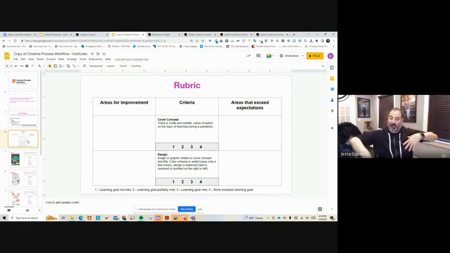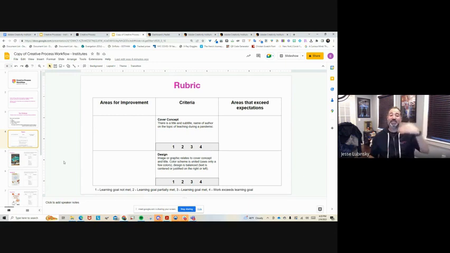And ultimately, as I reflect on that practice, what I realize is it does not matter whether they did 2 to 3 or 3 to 4, because that does not tell me anything about the learning. So in a 1-point rubric, we have criteria, and as we evaluate it, we're evaluating it for areas for improvement and areas that exceed expectation. The 1 through 4 we can use to kind of identify whether the learning goal was met or not met,